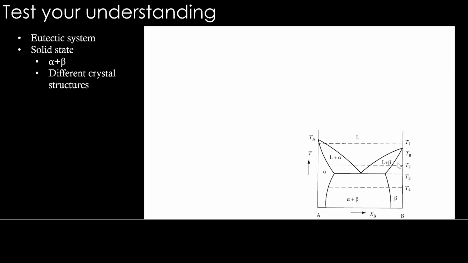With that you can test your understanding for this system, where we have two different crystal structures, alpha and beta, on two sides. So two different G versus X curves are required, one for alpha and one for beta in solid state, and then one liquid curve is required. So three curves should be used to understand the G versus X for these different temperatures T1, T2, T3 and T4. Now you can pause, try it out yourself in a notebook. Once you are ready with the answers, you can play and see the answers.